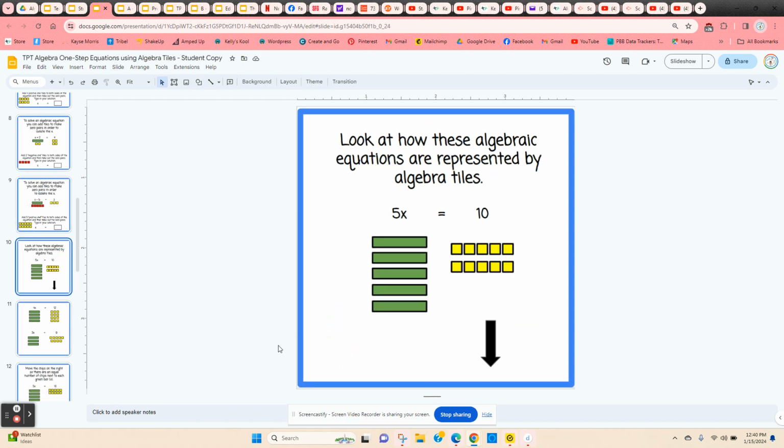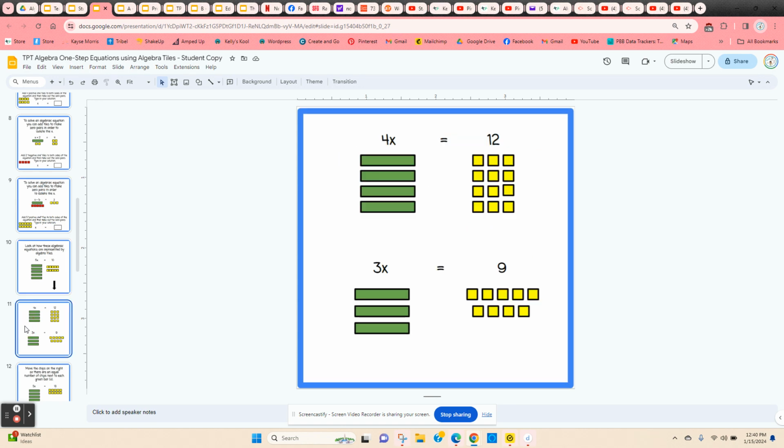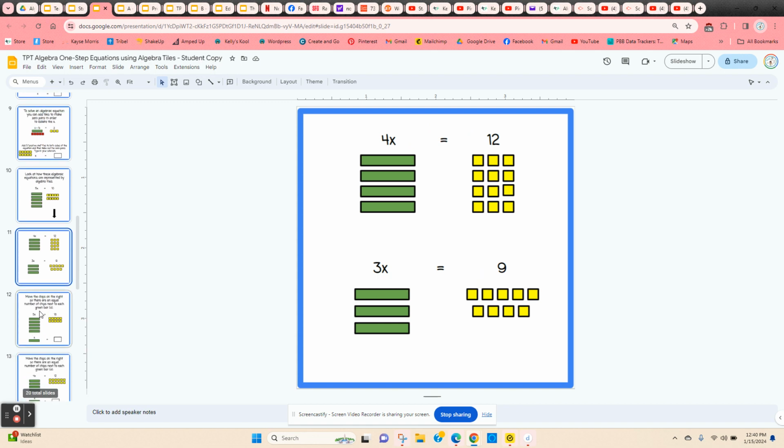Now we're going to move on to one-step equations with multiplication. So here we show 5x equals 10. So we've got 5 x's and 10 of the small tiles. And then it just shows students what these look like. 4x equals 12 and 3x equals 9. And then on the next slide,